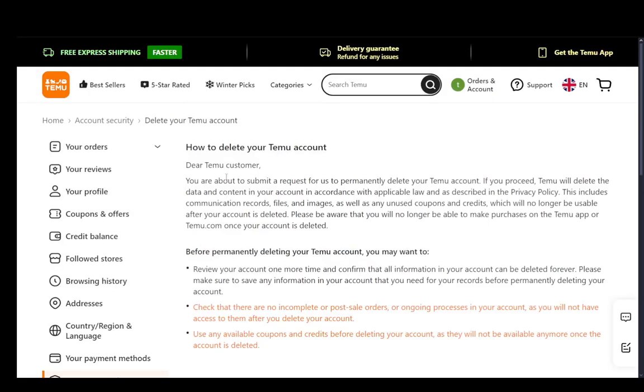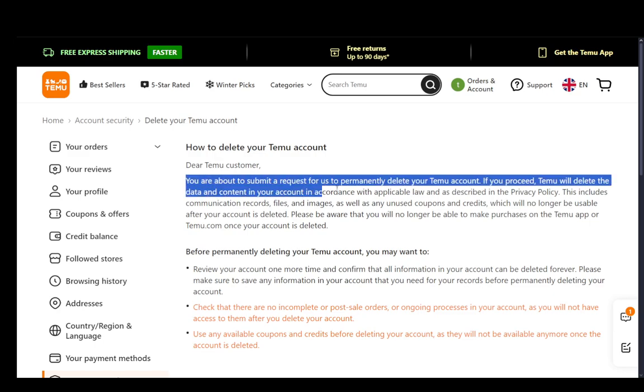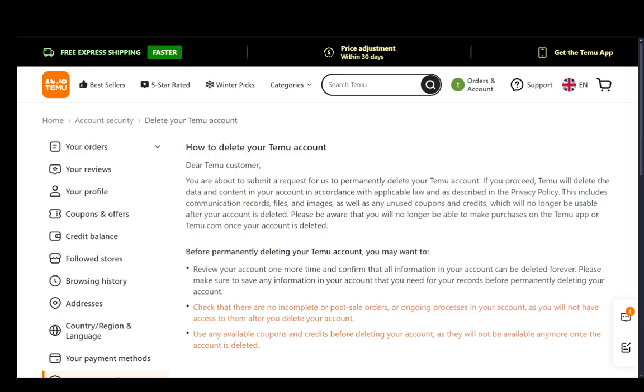Now, this is a permanent solution. There is no way of undoing your Temu account, and as you can see, you can submit a request to permanently delete your account, and if you proceed, Temu will delete the data and content in your account in accordance with applicable law as described in the privacy policy. So do go ahead and read through the privacy policy to make sure that all your data is deleted and